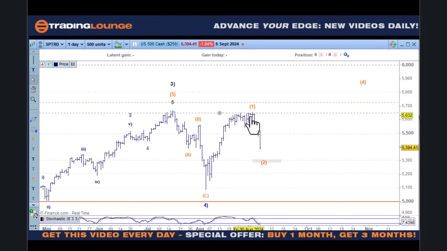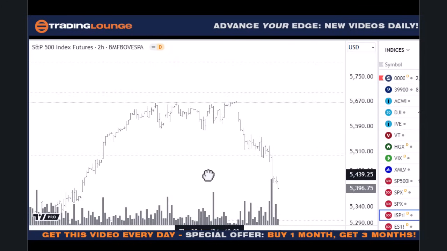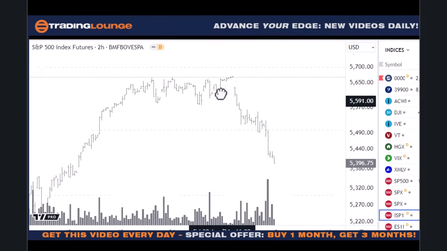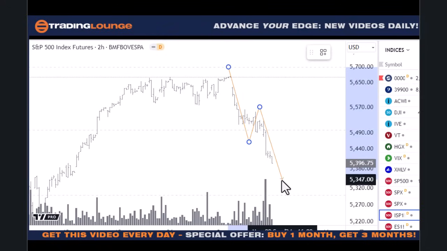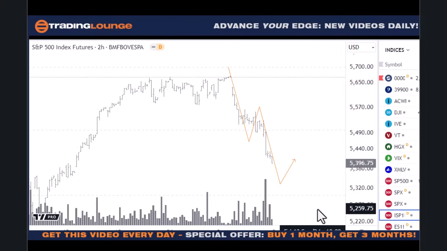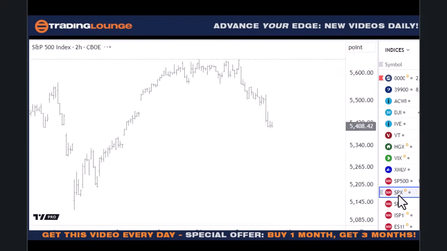Now this top here is a little bit confusing because, well, let's just have a look. Different markets that are related to the S&P have got different tops. So if we look at the futures market here for a moment, these are the large contracts. So that's not the top, this is the top here. So in this case, one would have to count it coming down from here as some sort of ABC pattern coming down here, right?